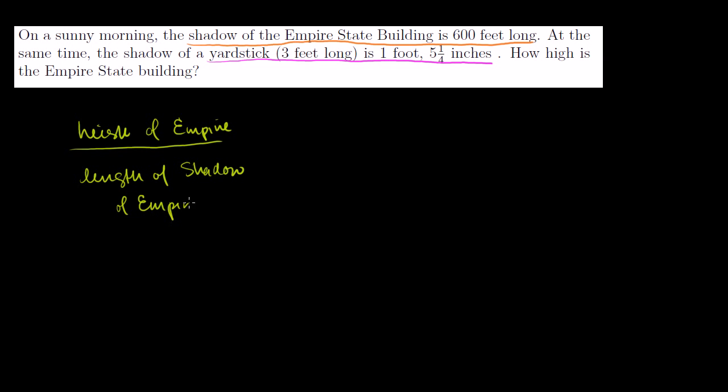So we could say height of Empire to length of shadow of Empire should be equal to the height of yardstick, I'm assuming they're pointing up the yardstick like a skyscraper, divided by length of shadow